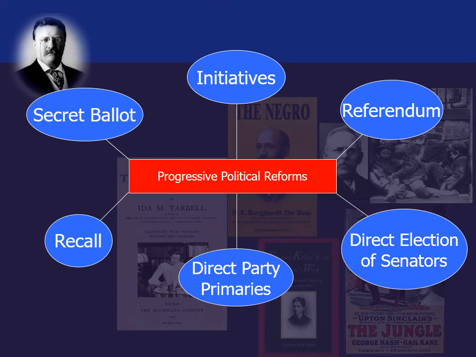You have the direct party primaries, where electorates or voters choose the candidates for the national level. Instead of having these political machines do it, you go to a caucus, which happens in various states, you go and caucus and talk to other voters and then vote for that candidate, or the direct primary, where they are put out on a ballot, and you go and vote, and therefore you choose that person to represent your party for the presidential election.